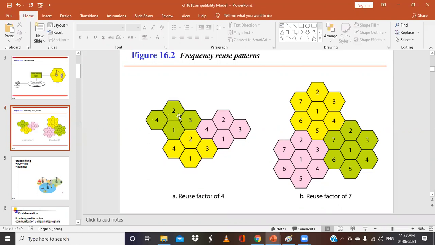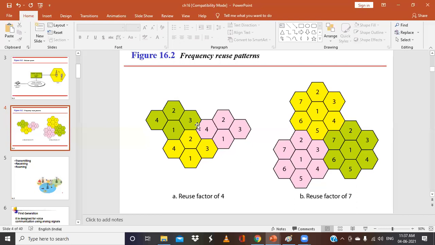These frequencies are not too many. There is always a restriction on how many frequencies or how much bandwidth you can use, so it is not possible to have more frequencies. But if they are in the same region, these patterns can be repeated or reused. When they reuse it, the neighboring cells should not have the same frequencies. That is what we call the frequency reuse pattern or principle. It suggests that neighboring cells should not have the same frequency levels.